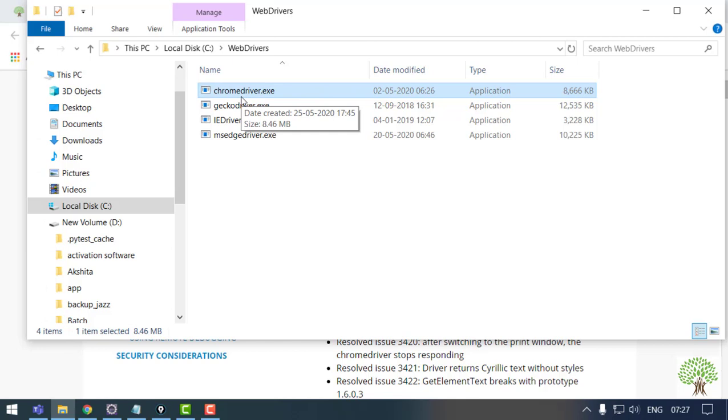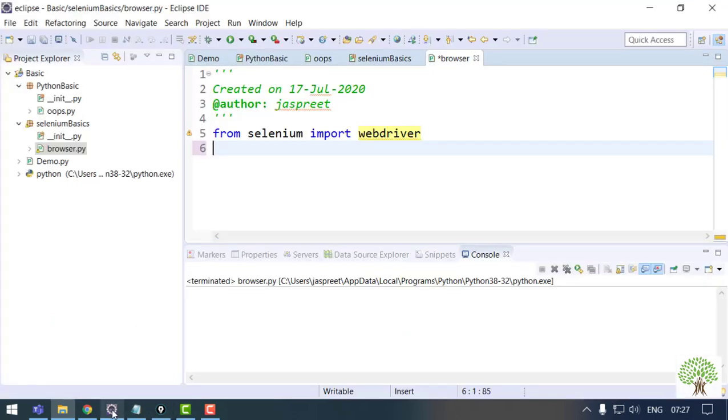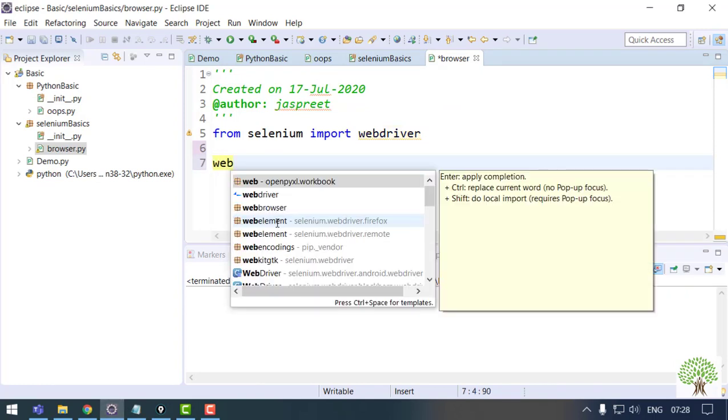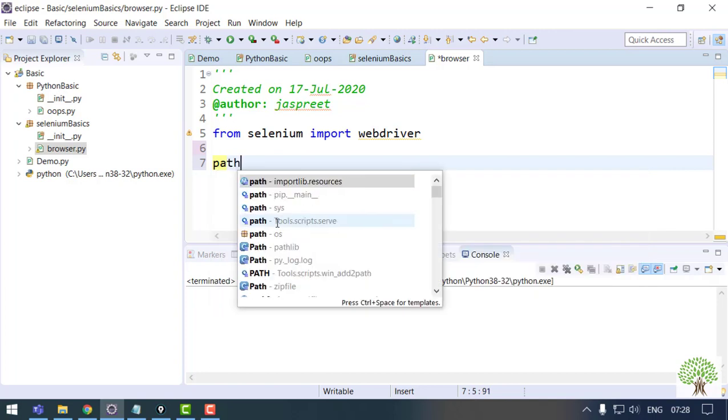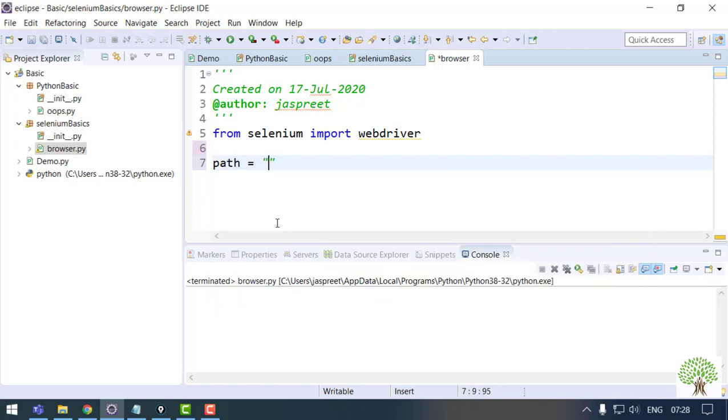Fine. So now, when you want to open the browser, you have to do some steps. You'll take a variable path. You can take this variable or you can directly also give this.